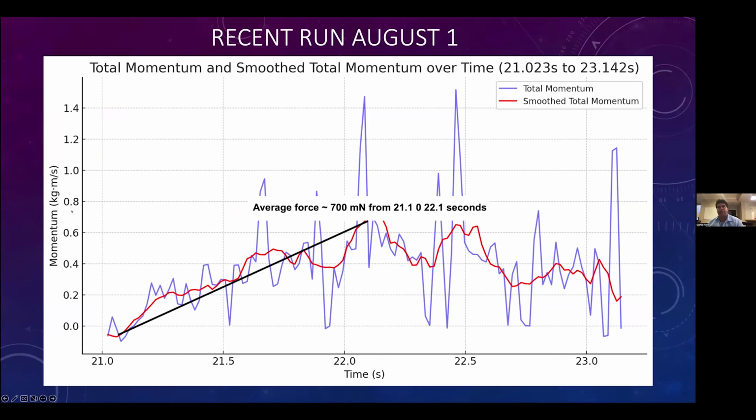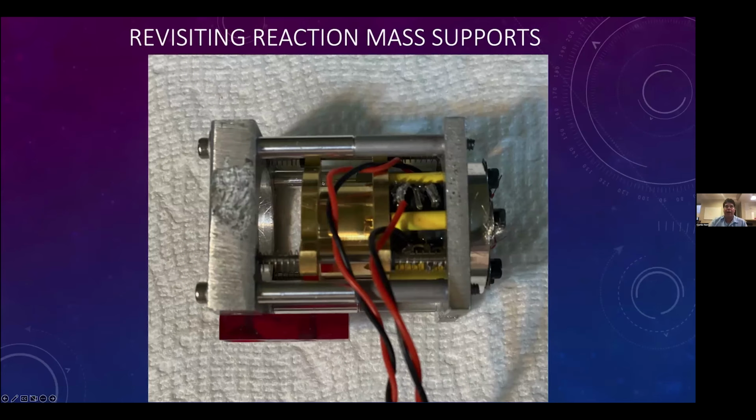And by the way, this was the previous reaction mass where we have supports on both sides of the brass reaction mass. So you can see on the right here is the aluminum cap. This is an older design with the sleeve bearings. What I'm hoping to test is actually having an aluminum cap with supports so that we have a longer distance between the supports